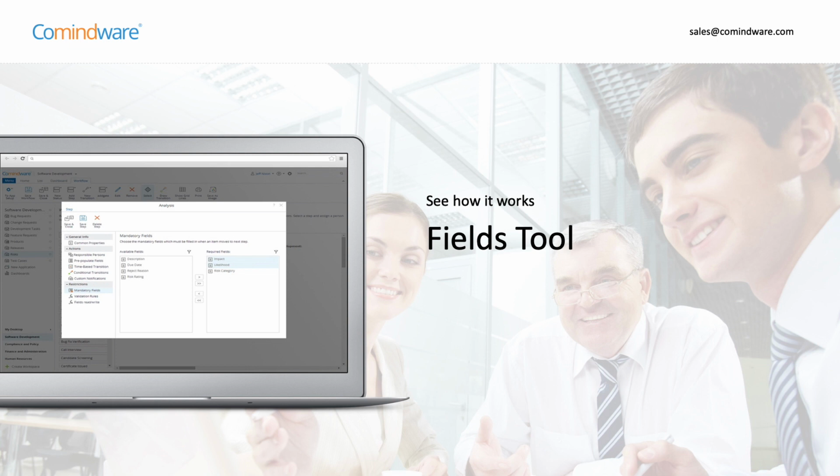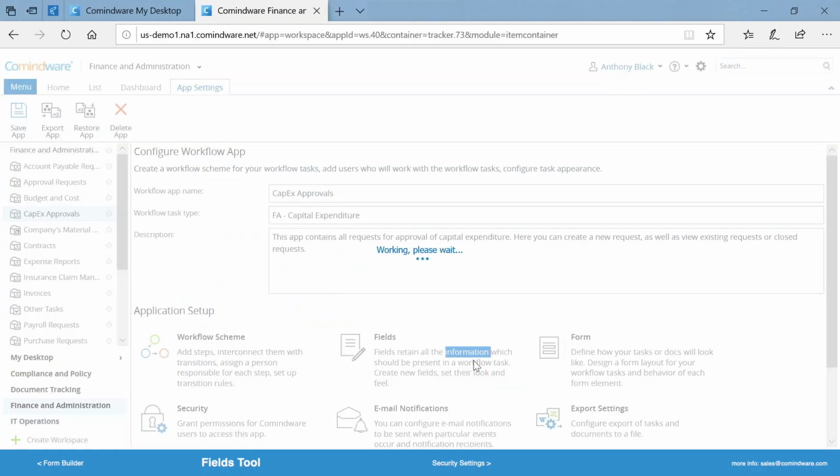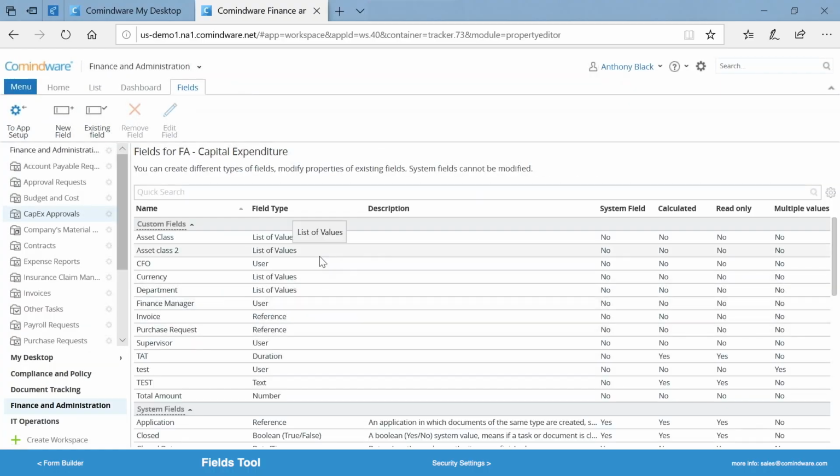Here we go to the Fields tool, which helps make your web forms even smarter. This is where you create custom fields before adding them to the form. Any kind of fields, dates with calendar view, drop downs, number fields, or whatever types you need. You can also make some of the fields mandatory or optional. Mandatory fields will turn red